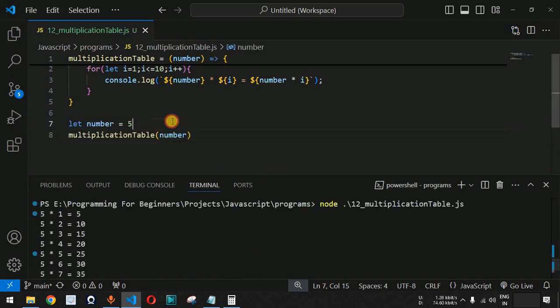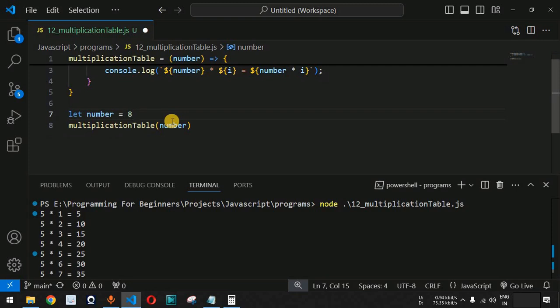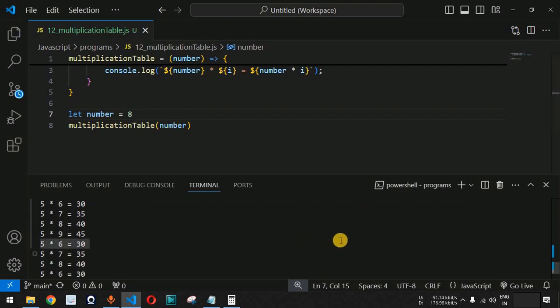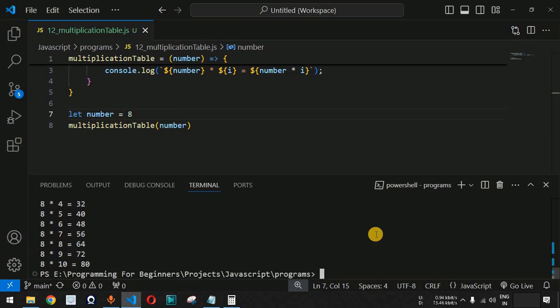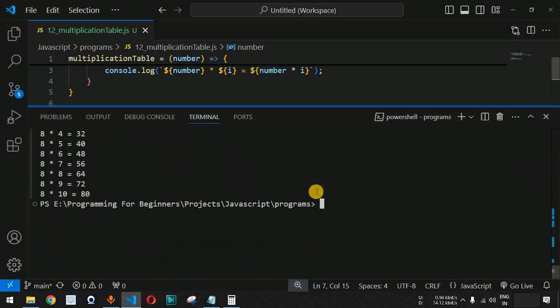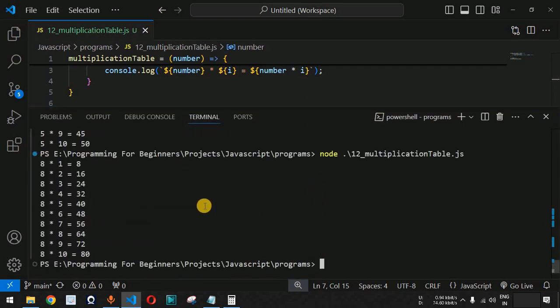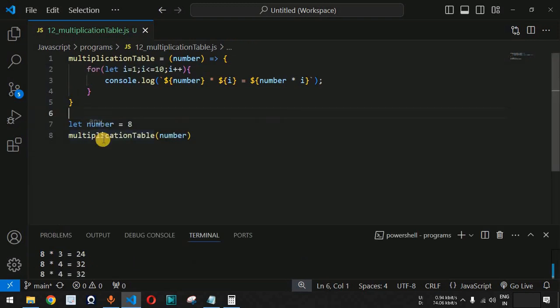Similarly, we can provide some other number. So let us say we provide the number, that is 8 over here. When we press enter, and then let me just run this code once again on the terminal. So as you can see, we have got the multiplication table of the number, that is 8 over here. So 8 multiplied by 1, it is 8, and then we have 16, 24, 32, and so on up to 80 over here. So guys, in this way simply you can make use of the for loop in order to